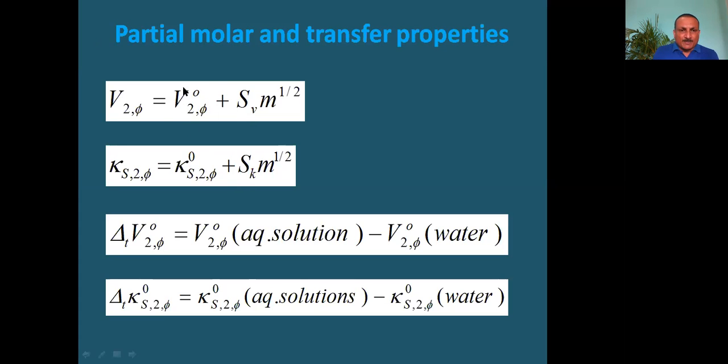The values of partial molar volume and partial molar compressibility in water are determined for a particular solute, and the same values are determined in aqueous solution of some co-solute. By taking the difference of this partial molar volume and partial molar compressibility in aqueous solution of co-solutes and in water, we get the transfer volume and transfer compressibilities. The partial molar volume, partial molar isentropic compressibility, transfer volume and transfer compressibility: all these four properties are important for understanding the molecular interactions in solution, and they have their own application in solution chemistry.